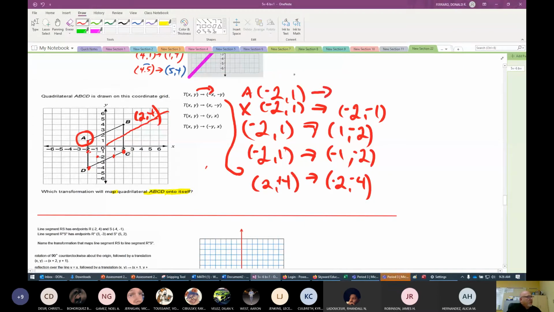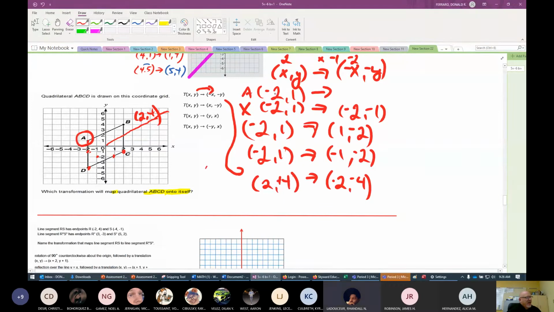We're going from x comma y to negative x comma negative y. If I told you that x was 2, and I needed to get the negative,